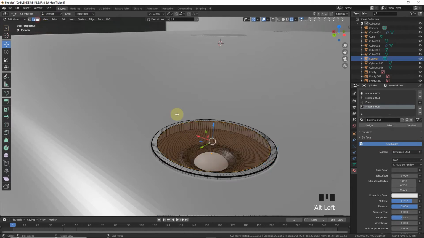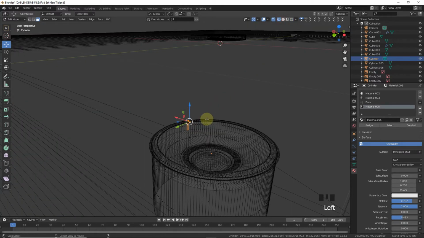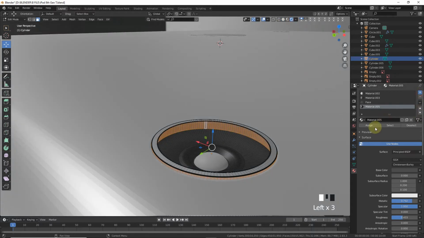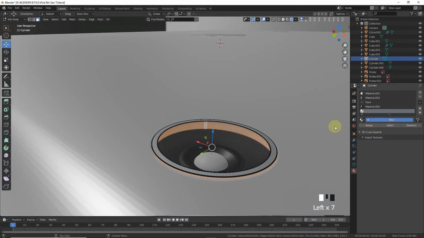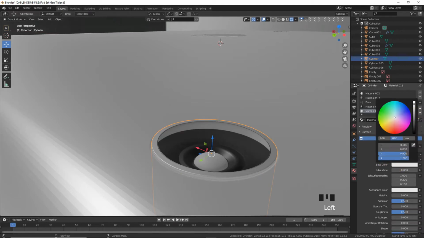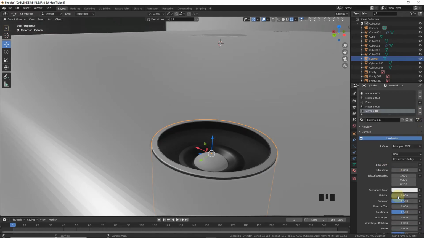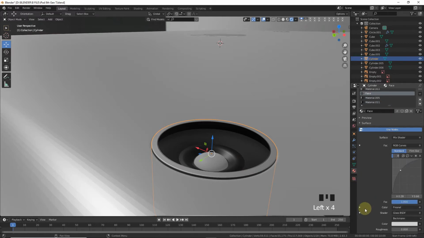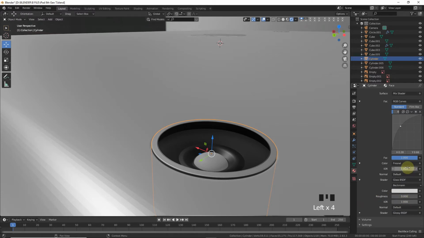Go to edit mode, and I think let's give these border a new material, full black. Okay, something like this. Now select the face, and where is Fresnel? Fresnel is here and glass is here. Okay, now 0.990